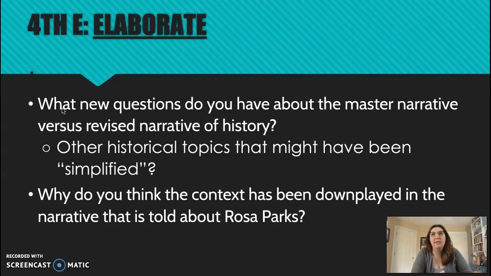Another thing they learned about was the Harry T. Moore murder on Christmas, a white supremacist bombing his house. And so we often don't learn about that violence, how violent the time was against activists. We don't learn about how many people had to collectively organize. There's a lot that we don't learn about in that history. And so we learn kind of this simplified master narrative instead of a counter narrative about how complicated and how much collective organization was required to resist white power in that time period.